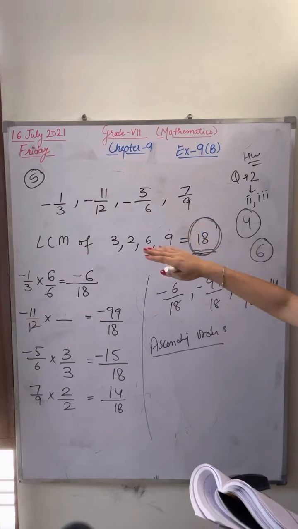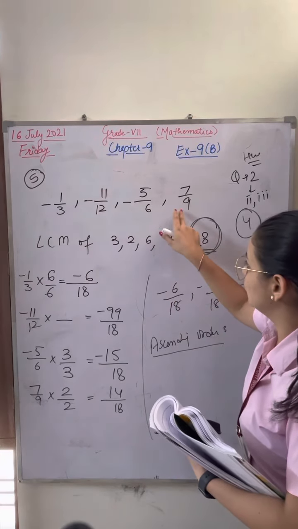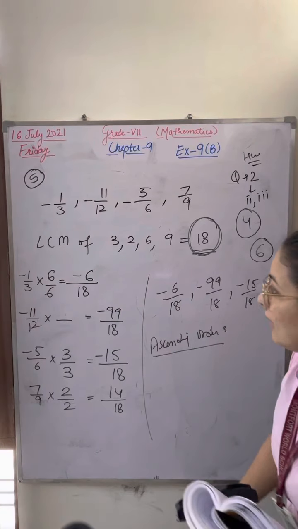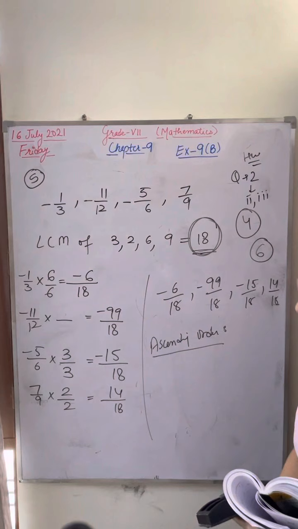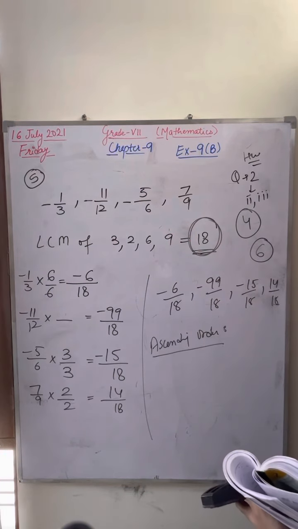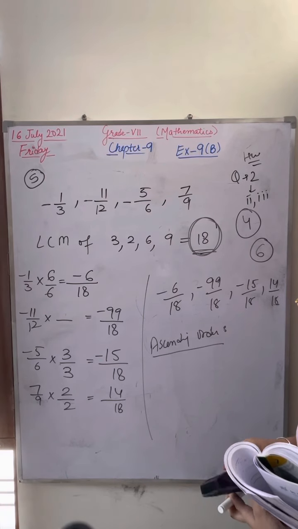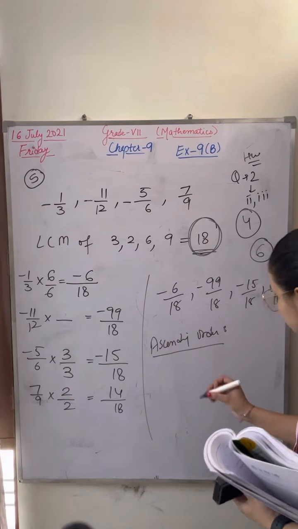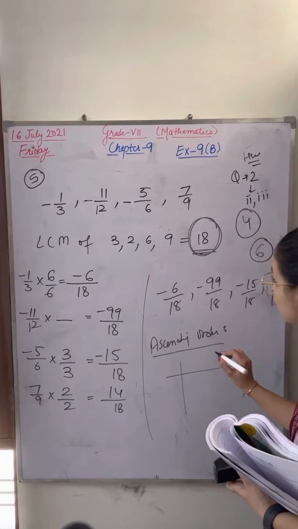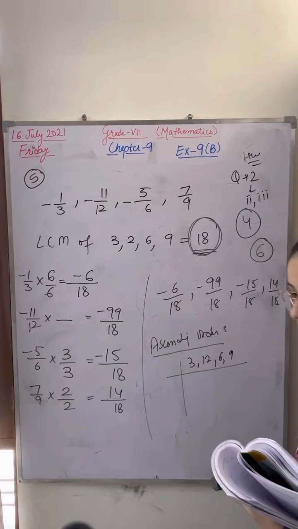Take out the LCM. Now please find out the LCM. Prasan, find out the LCM of 3, 12, 6 and 9 quickly. I have written 2 by mistake, it is 12. Arshia, very good. Ishita, find out the LCM of these. Ishita, by looking you can't find it. You have to take out the notebook and then find it.